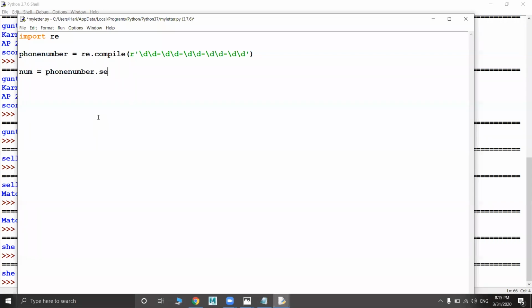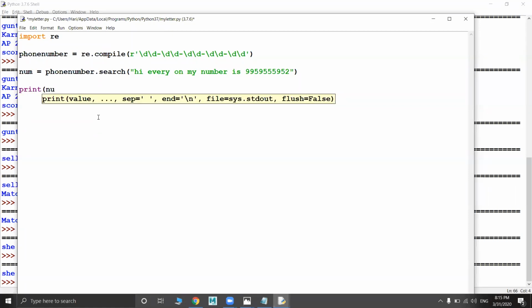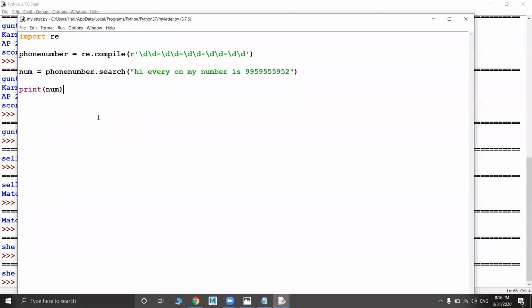Phone number dot, here I will use the search option. In this I will write the string. You can take my number from here. Okay, this is how I wrote it.